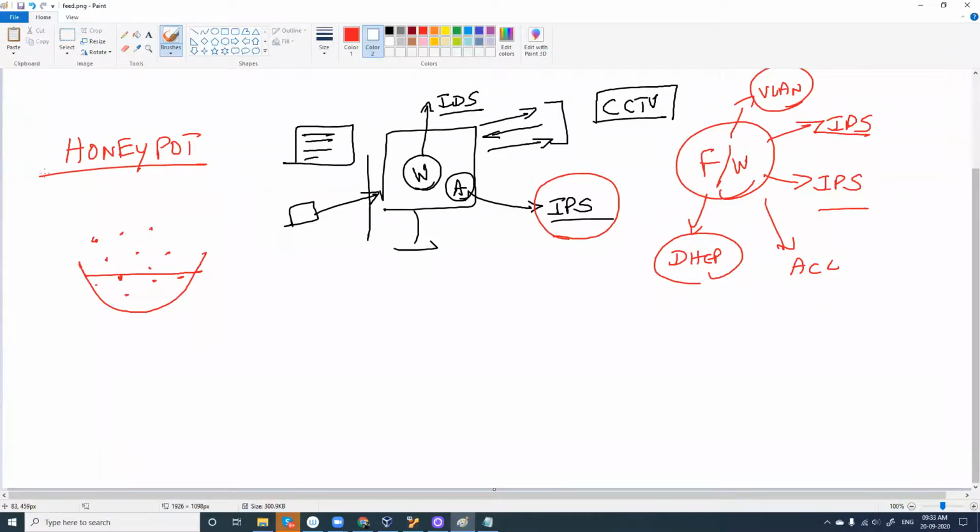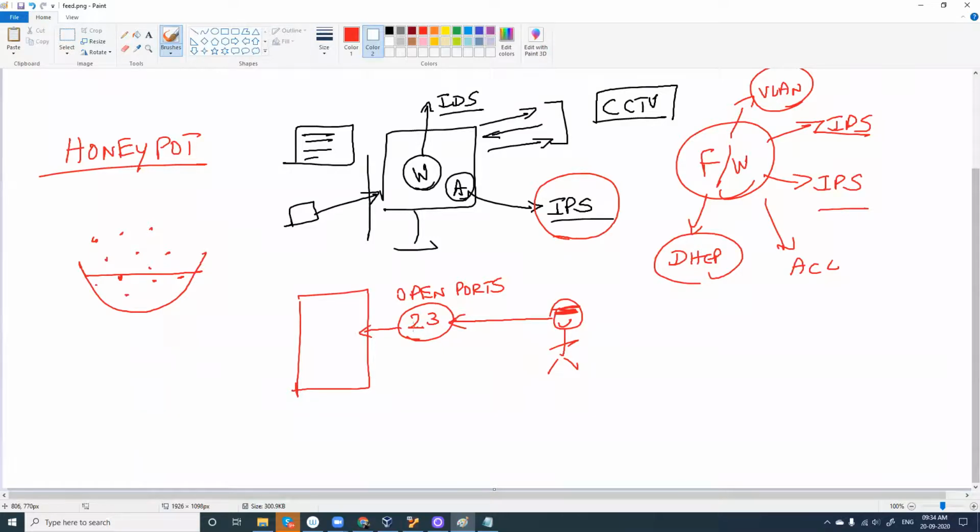That is honeypot. Technically speaking, I have a server, and what is the attacker looking for? This attacker here, he is looking for open ports. He is searching which port is open. Why? If, okay, port number 23 is open, he is very happy. And what he does, he tries to exploit this. He tries to perform a lot of different attacks through this port, right? And yes, in case he is successful, he will be able to compromise the server.